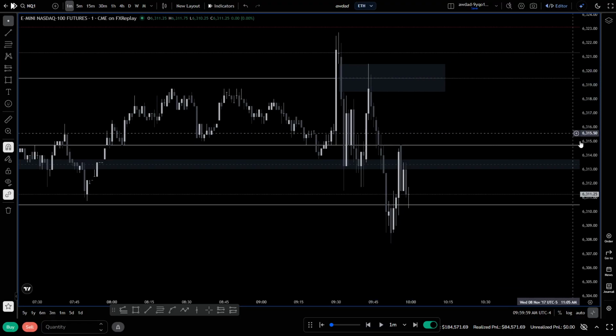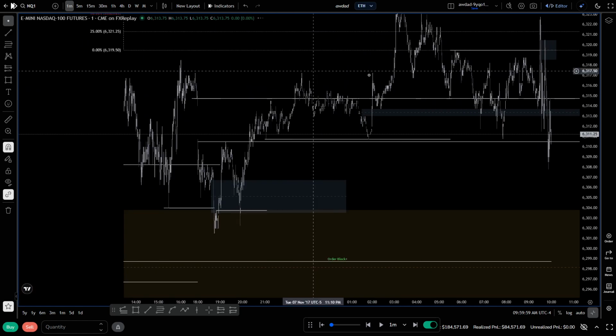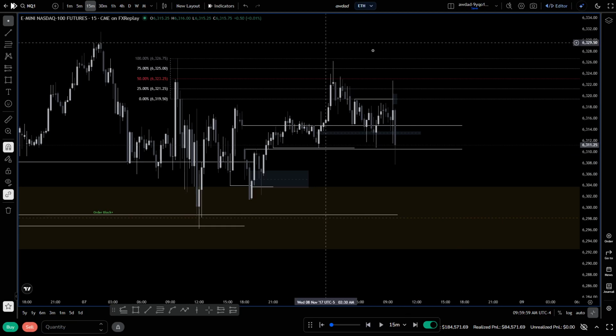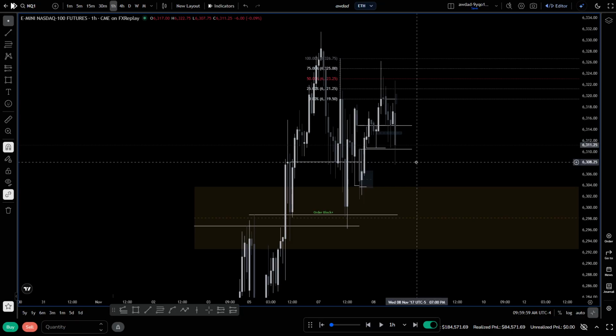Breakaway gap. What should we do? Run away from it. There's no entry in here, but guess what? We take out the lows. Then what? What is this going to turn into? A turtle soup for a long. Let's see if we're correct. I haven't skipped that. I'm not like every other guy on here telling you how to teach this stuff. I don't skip, bro. I don't know what's going to happen.